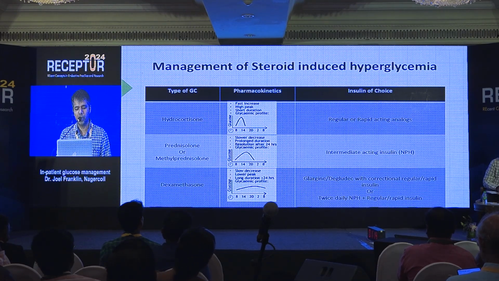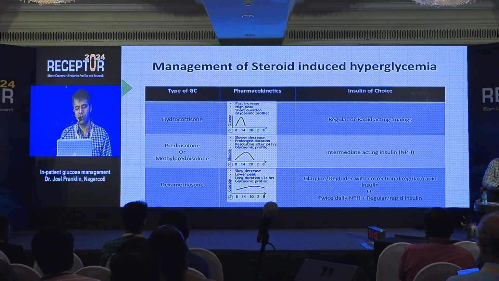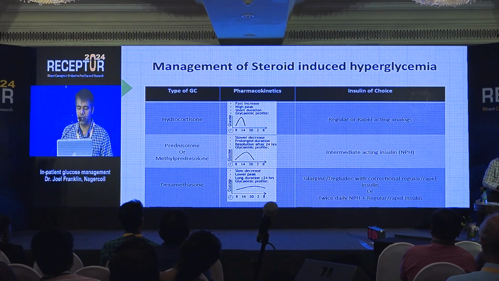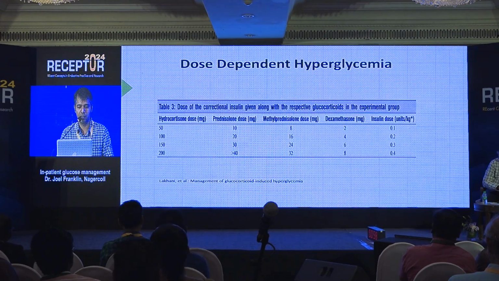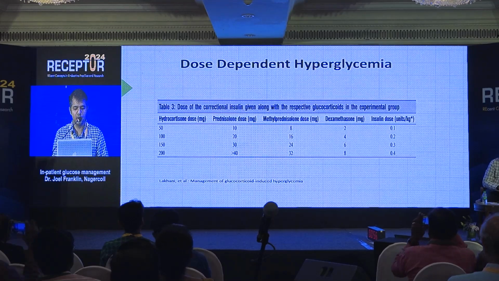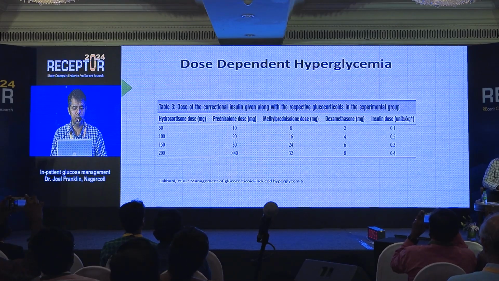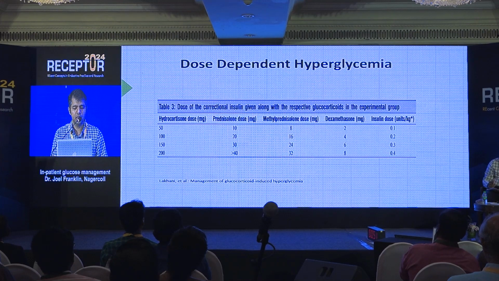For prednisolone or methylprednisolone, NPH should be administered. For dexamethasone, either glargine diluted with correction regular insulin, or twice daily NPH with regular or rapid acting insulin can be administered. For example, how do we calculate the doses for dose-dependent hyperglycemia? If the patient is on prednisolone 10 mg, then 0.1 unit per kg of